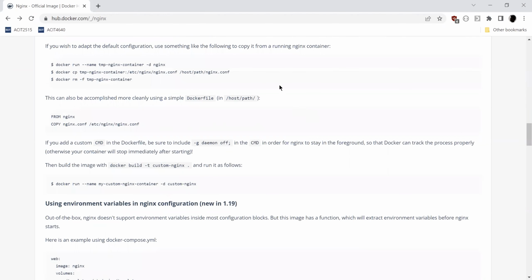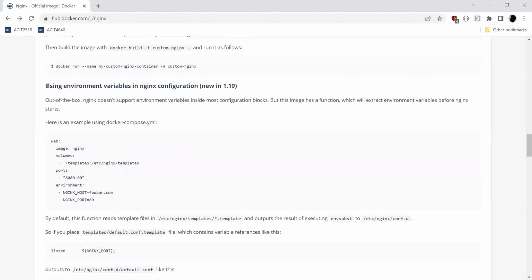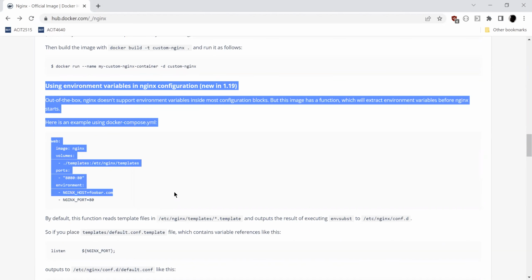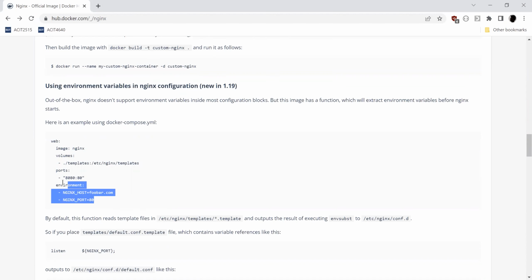A good example of this at work can be seen in the Nginx official Docker image. If you look at the reference on the Docker Hub, you can see that the container supports using environment variables in the Nginx configuration. So that means that in Docker Compose or in your Docker container, you are going to set environment variables, and you are going to make reference to these variables in your Nginx configuration. You are going to make sure that you put that configuration into a template, and at runtime, the Nginx container will replace the environment variables by their values,